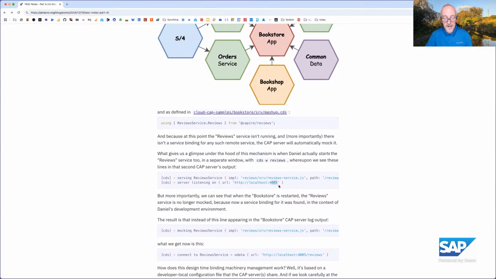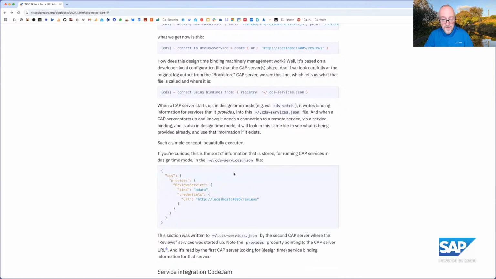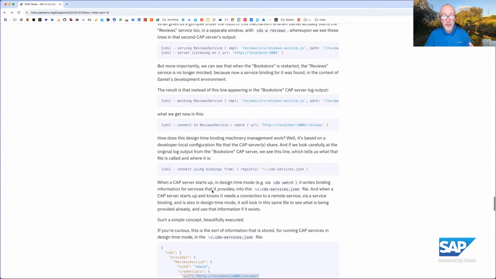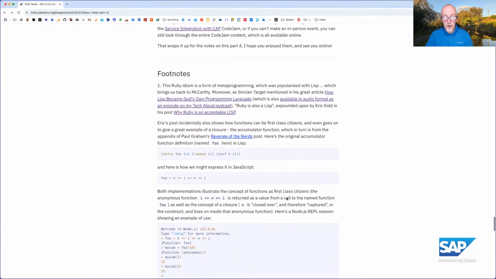So, +1, etc. Then it writes into this CDS services JSON file the fact that this review service on this URL, which is all the credentials that are needed at the design time, is being provided, and therefore the original first CAP service looks in here, goes, oh, there it is, and then doesn't decide to mock, but says, right, I'm going to connect to it because I do have bindings for it. And it's just like bonkers good. I think it's fantastic.